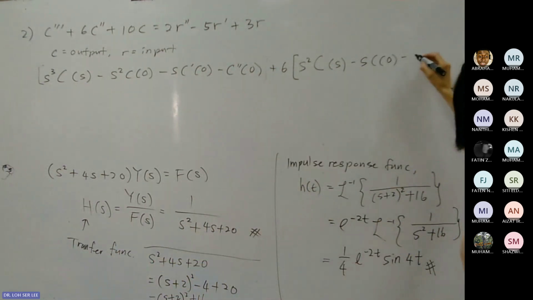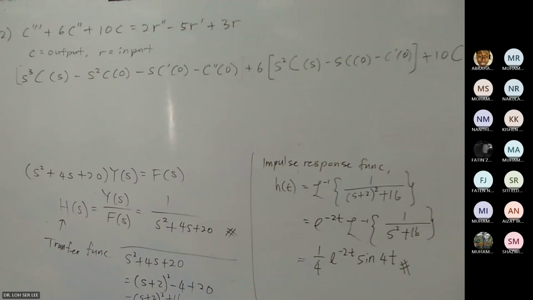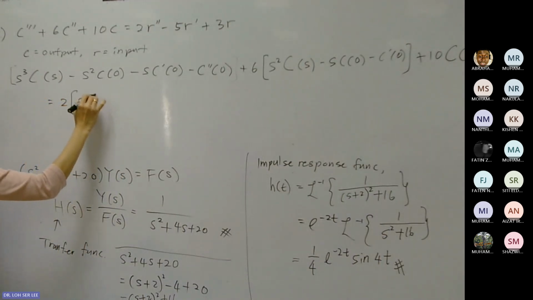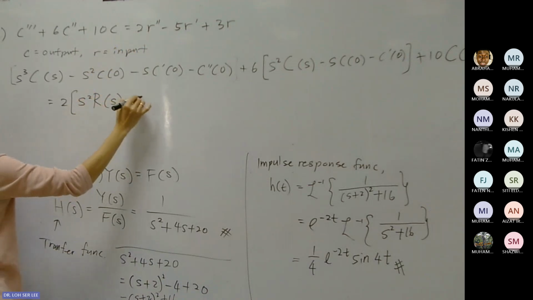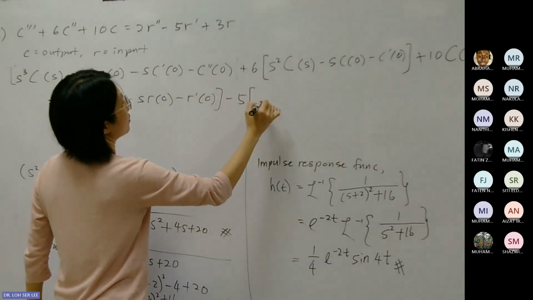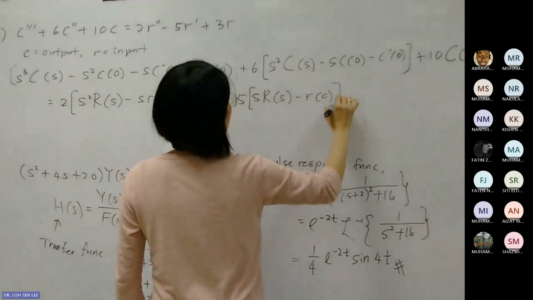B prime plus 10C equals to the right hand side, S square capital R in S minus 5 S R N equal